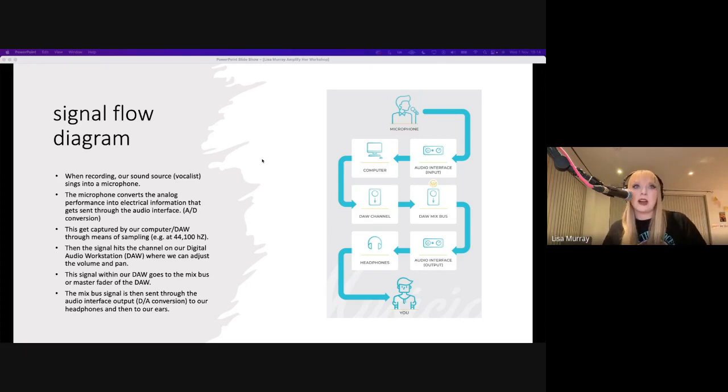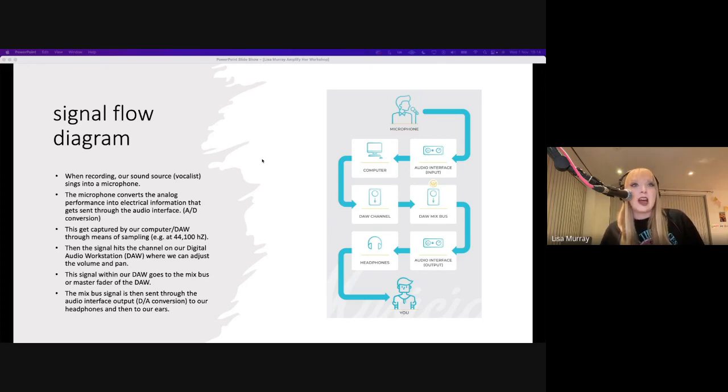So for example, at 44.1K, which is 44,100 hertz, which is double the frequency spectrum of human hearing, which is why we sample at that rate, which means that all the frequencies get captured, and we as humans don't perceive that there's been a loss of information. It can replicate the sound perfectly enough to trick our ears into thinking it sounds exactly like it sounded when I recorded it. So that's where that comes from.